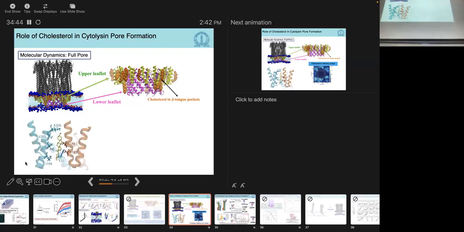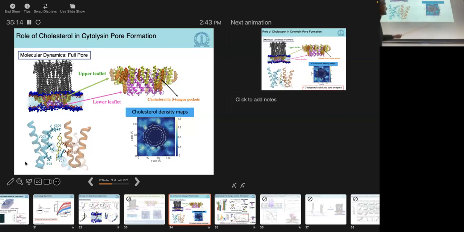Since you have MD simulation data, you can analyze this in detail. So these are the beta tongues that you're seeing here, in green. And this is a cholesterol molecule sitting in there. So it lives there for a very long time. We've run these for about a microsecond, and the residence time of the cholesterol molecule in there is several hundreds of nanoseconds. And if you pull it out, it goes back in, indicating that this is indeed a very favorable site. And there are a whole bunch of residues here which like cholesterol, especially the Y27.